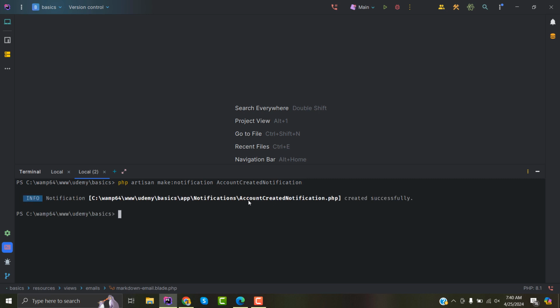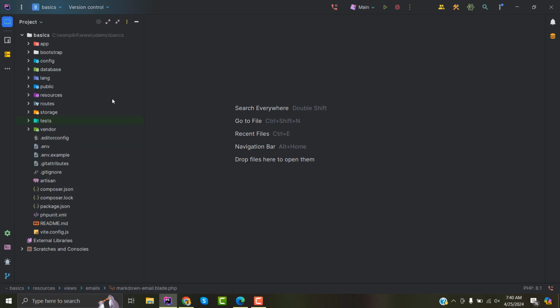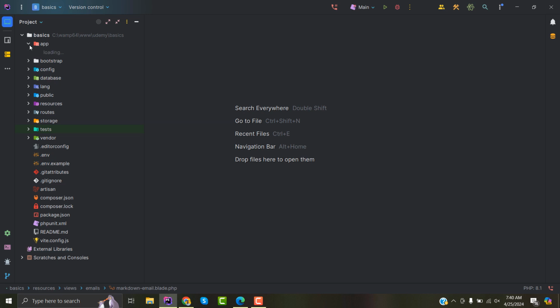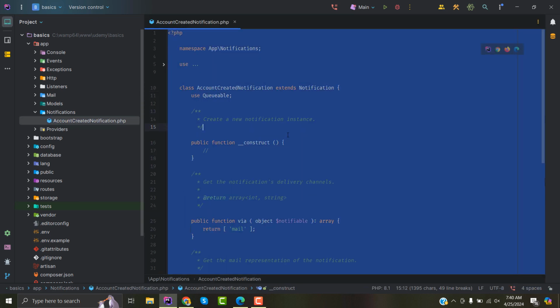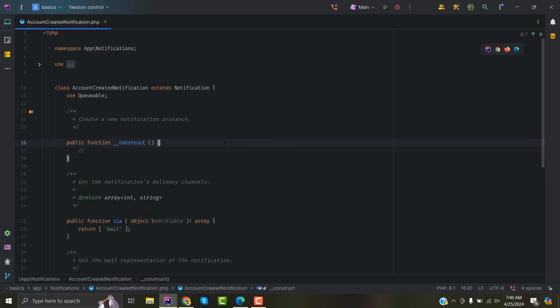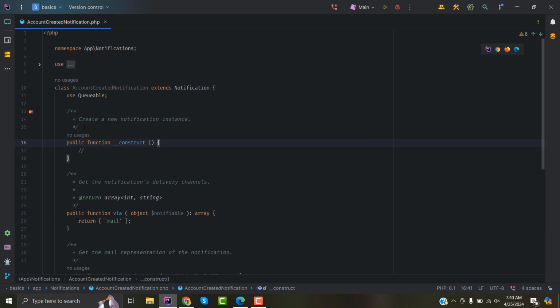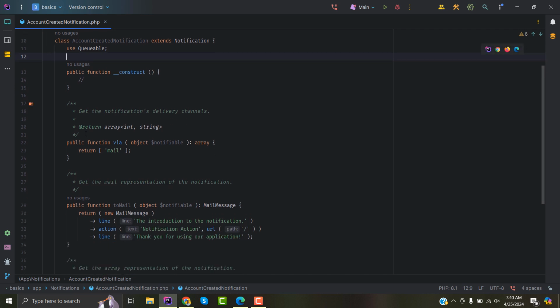Now this notification is out of the box. We do not have the notifications folder available, but once we run this command, the notifications folder is automatically created inside the app folder. And once I open that, you will see we have different options available here. So the first option is basically the constructor method, which accepts obviously the data that we send to this class in the form of